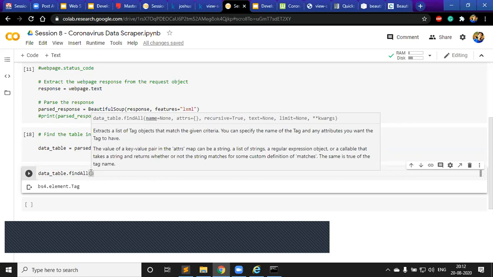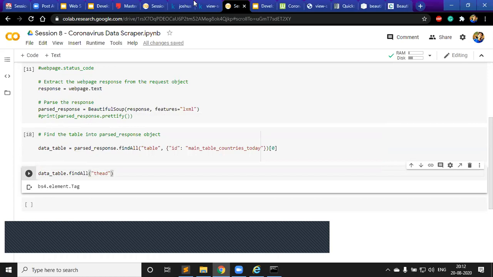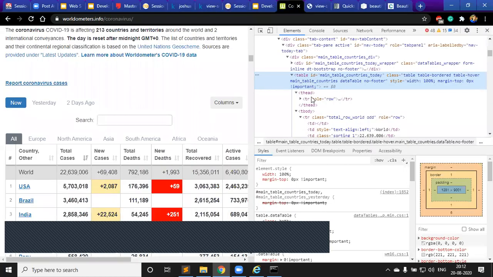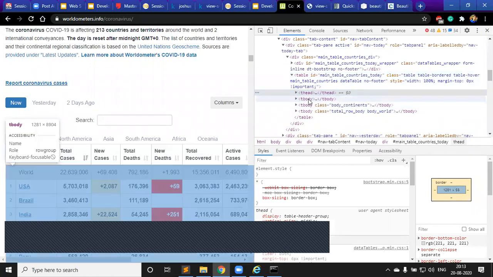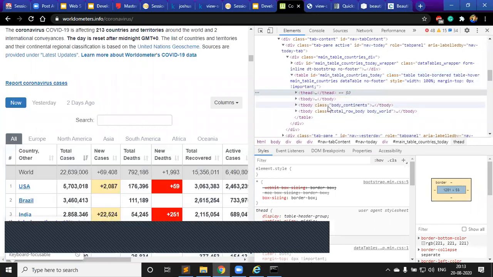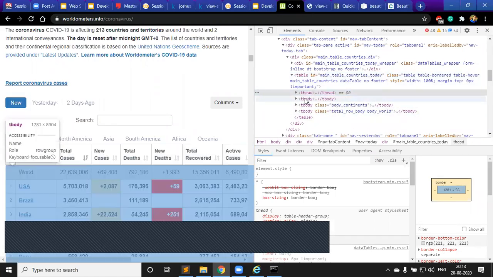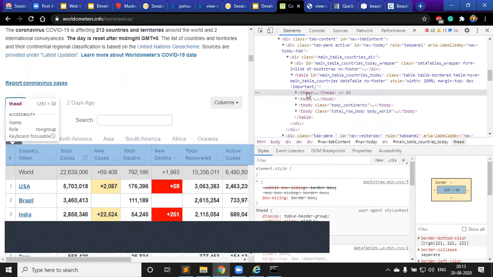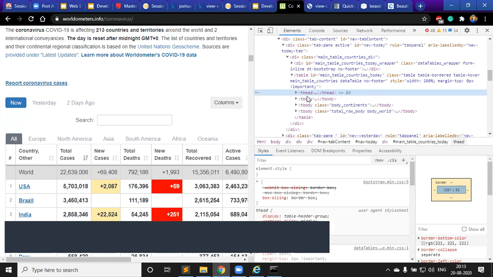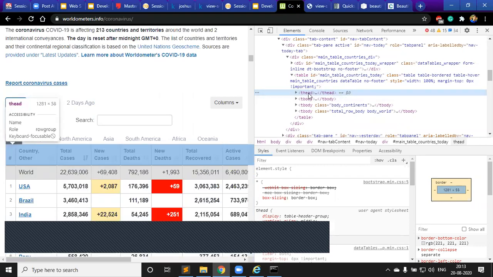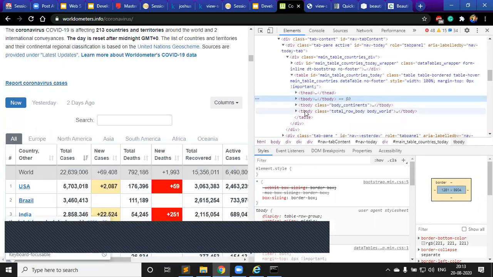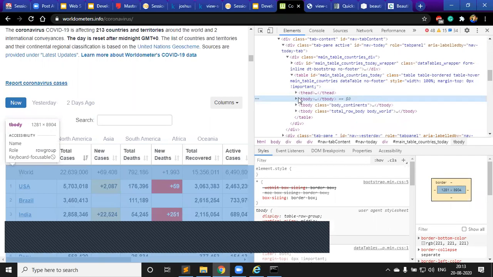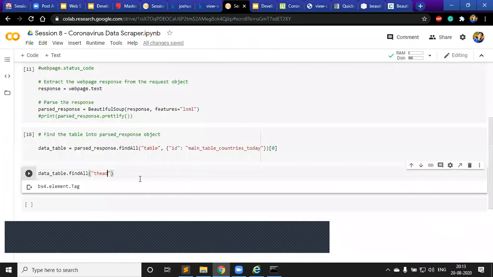So what you could say is you want a t head. Here you could see that there is something called t head inside the table, and there is something called t body. This t head and t body do not have anything else to recognize them. So if I could somehow extract t head, there is only one. So the 0th element of that result set will have t head, and the 0th element of the t body result set, which has 3 elements, will be t body. That has my data. So if I had to implement it, what I would do is, in the t head,